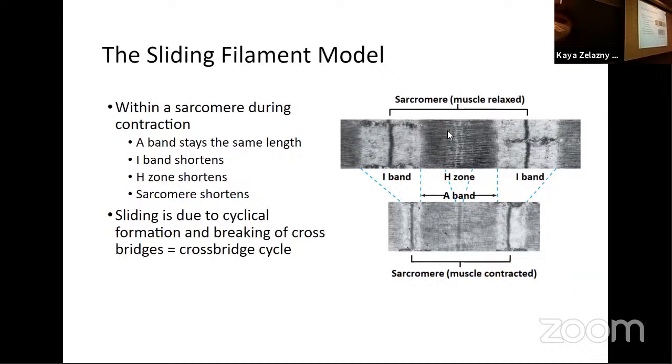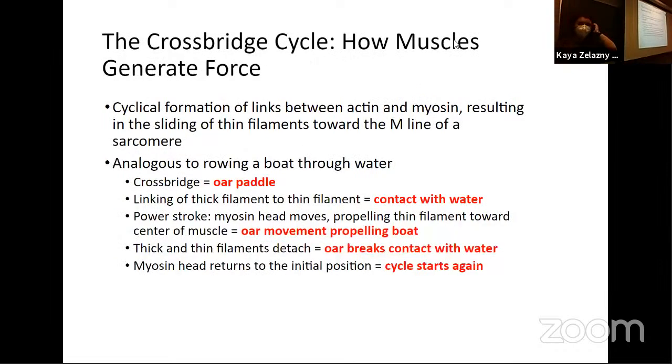So here we see the sarcomere, what it would look like under a slide in these different states, in the longer state and the shorter state. So here we can see how the I band, that region where we had only actin, is shortened. That H zone, where we had only myosin, shortened. A band overall has stayed the same. And that's how they kind of figured out how this system works. So when we're generating force, we're using ATP as energy to create these links between actin and myosin, and